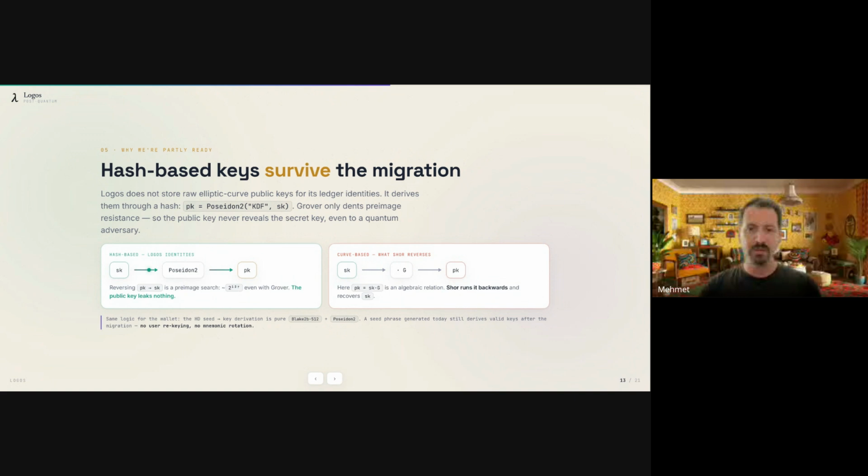So, for example, for Bitcoin, it's really big problem. Therefore, they use some still elliptic curve based algorithm. And if you see the public key of that account, then you can easily get the secret key of the public key if you have a cryptographically relevant quantum computer. Therefore, Bitcoin also do some